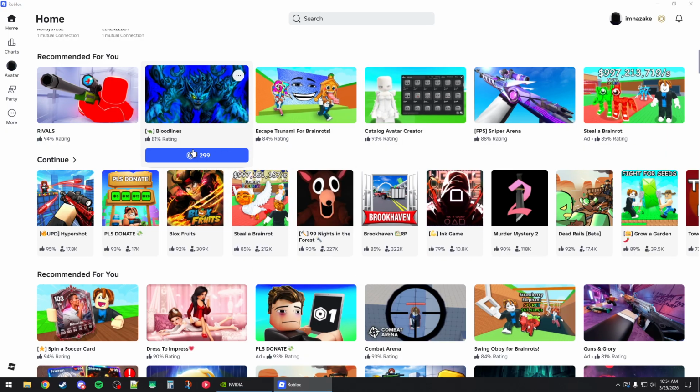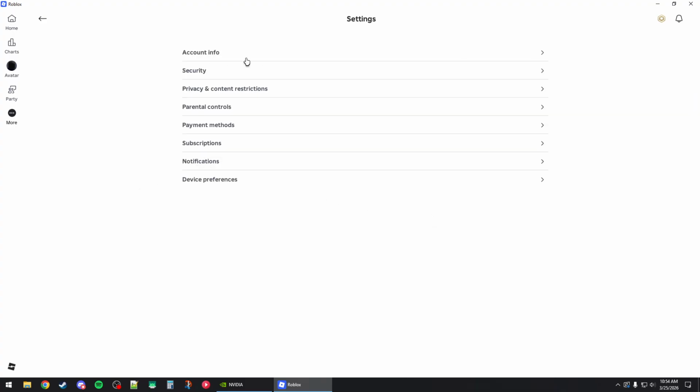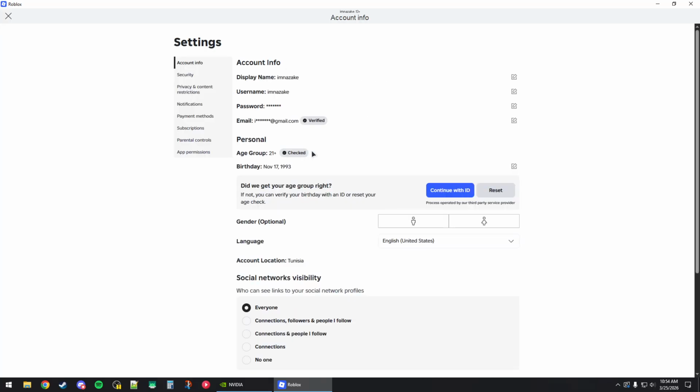Now, the first thing you'll need to do is open up the Roblox app on your computer or your phone. And then you want to go to the settings by clicking on more on the left side panel. And then you want to click on settings, then expand the account info, and make sure that your age is